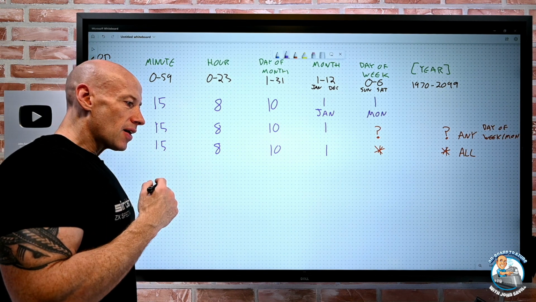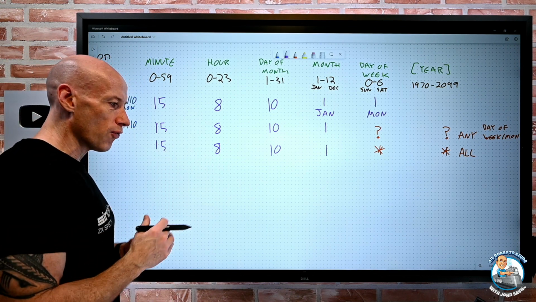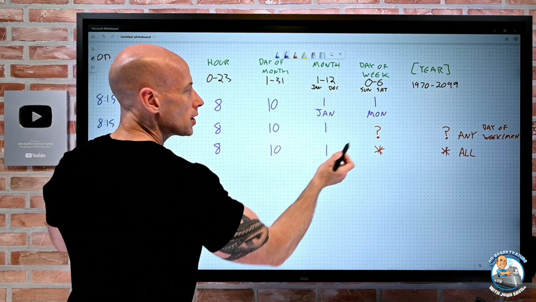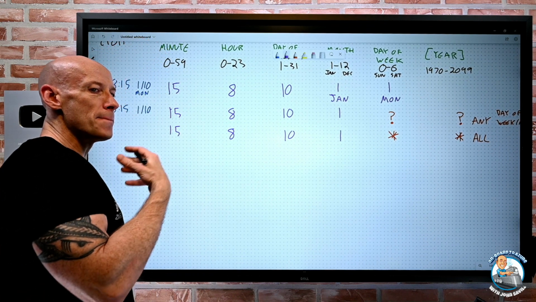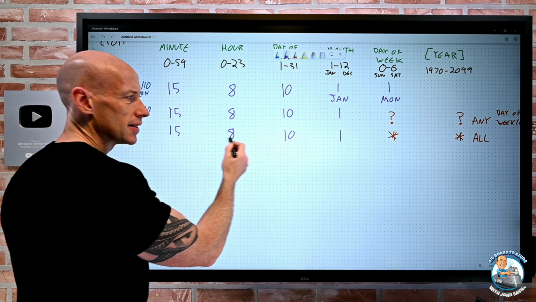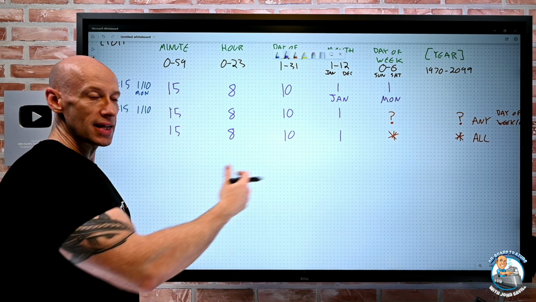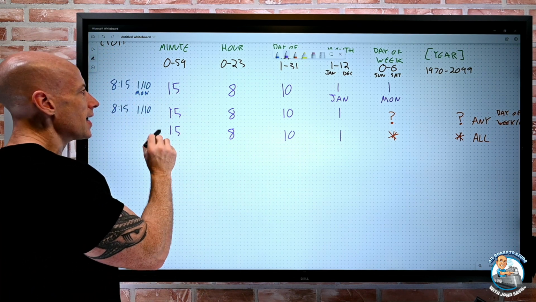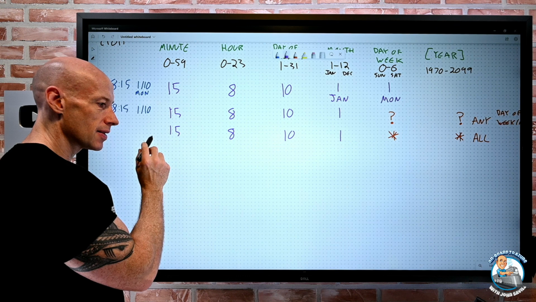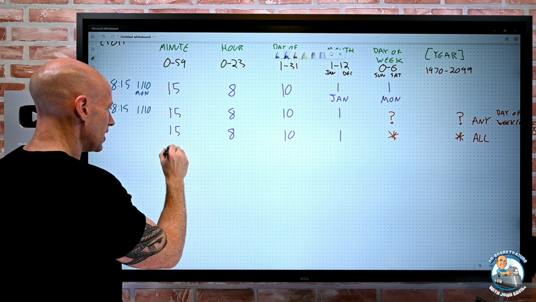Now, the other thing I can do is, this is a very specific kind of example for that. But this wildcard character, I can use to maybe have a better occurrence. This is very, very specific. But maybe I want to have just, hey, some hourly interval. So what I could use is that wildcard. Maybe all I care about is the minute. So what if I now did 15?